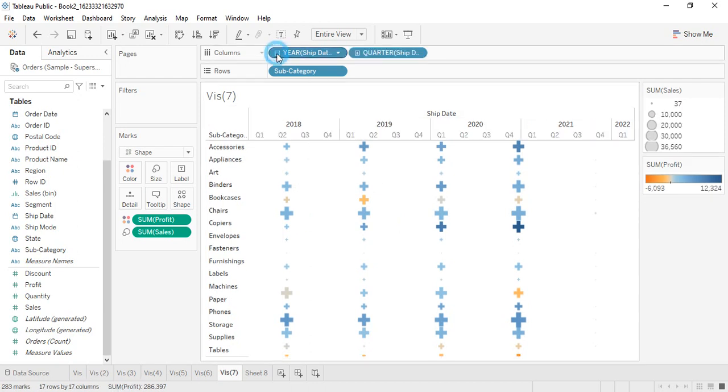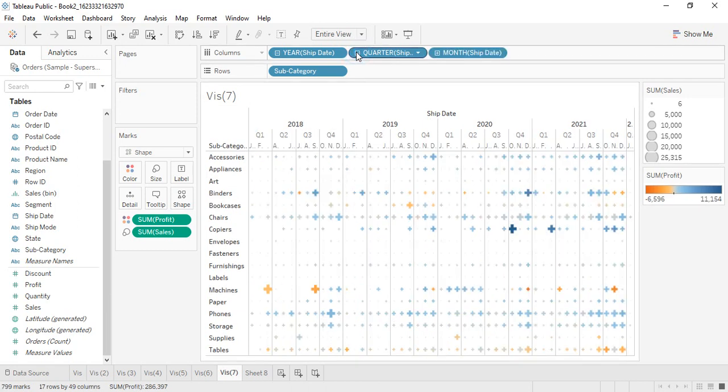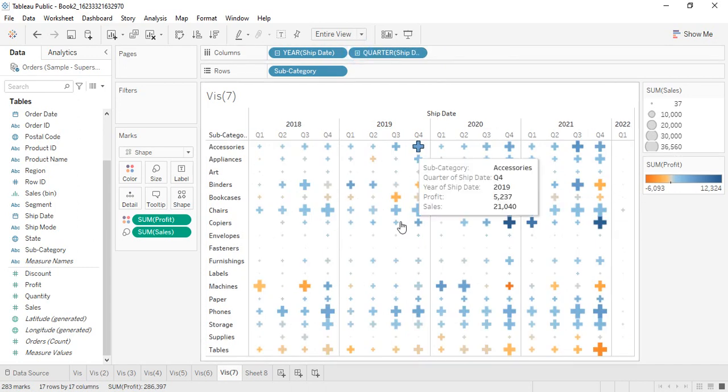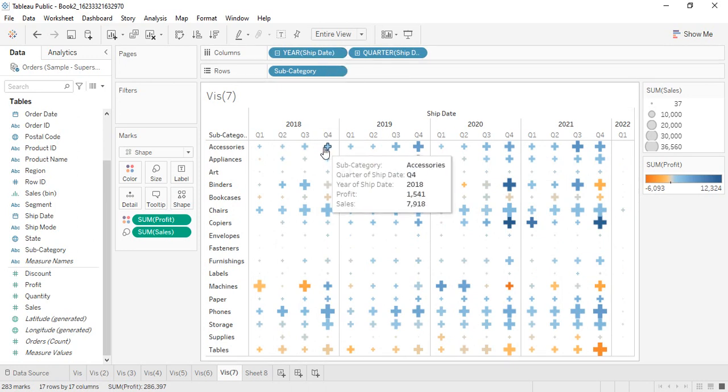Right now we are getting year. If you want to get it in the form of quarters, or in the form of months, those are simple things that we can get. But I think quarter is sufficient because that's what we are getting. So that's how the Gantt chart works. It is relatively important for projects, like whenever we want to communicate the timelines of the projects, then we can use these Gantt charts.